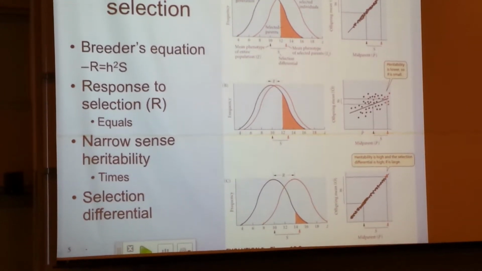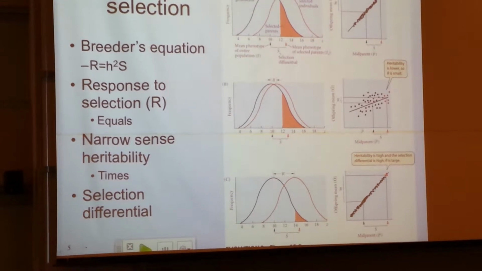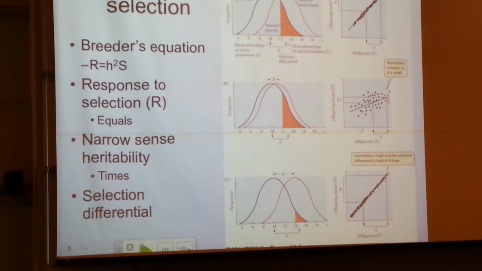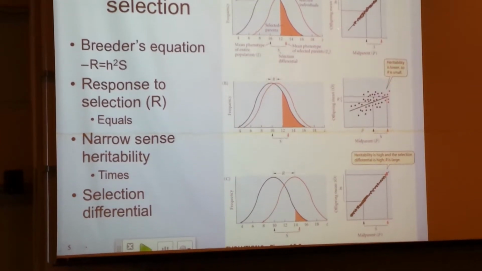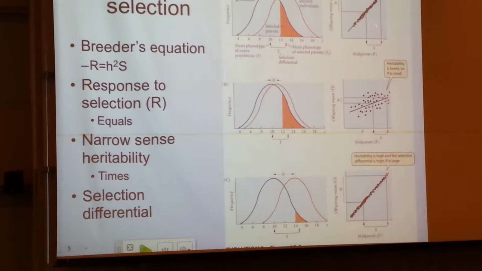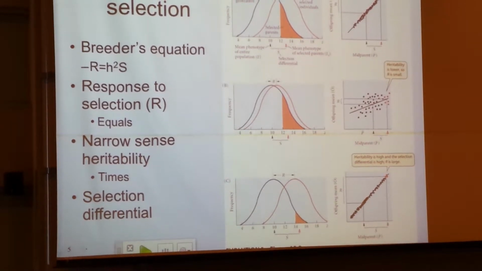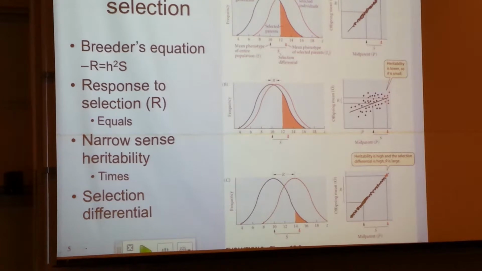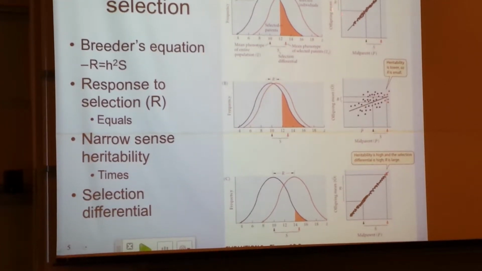You with me? So again, the black distribution is all of the parents. The red bit here is the mean of the ones that were allowed to breed, so just the very largest or highest trait value of the parents. And then the offspring are these offspring here, and they are this much higher than the